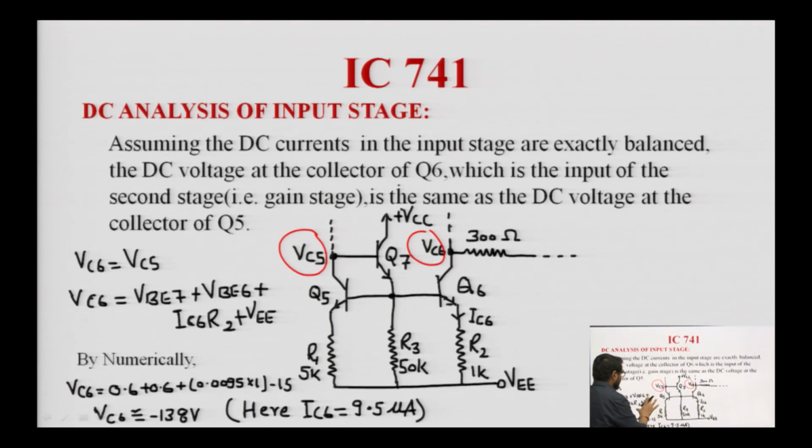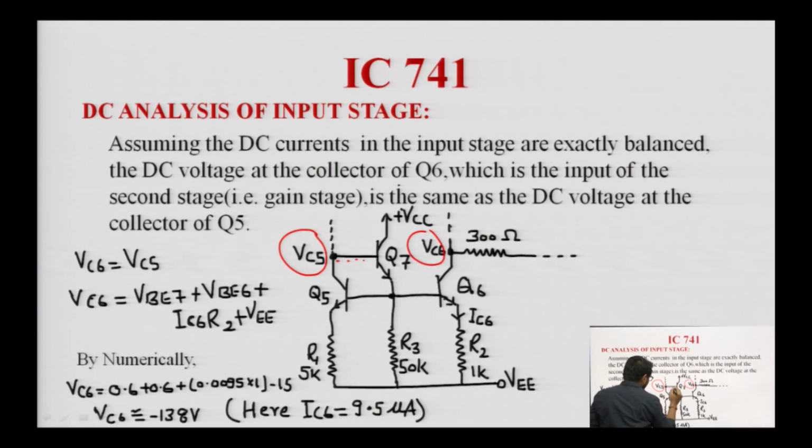If we see here, and we analyze the DC analysis through SPICE or HSPICE or PSPICE or any EDA tool, if you measure the VC5 voltage it is similar to VC6, and the concept is the balancing arrangement of the differential amplifier. Okay. So, to calculate VC6, we find